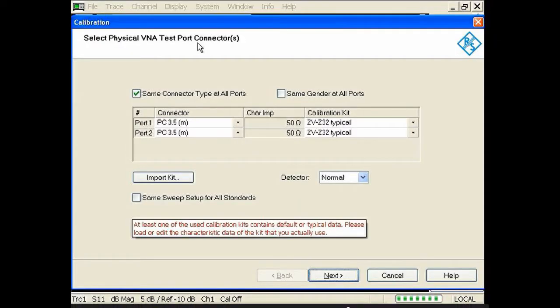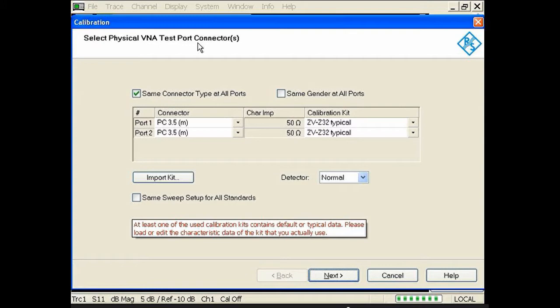Okay. Now here what we have seen on the screen is port 1 and port 2, and connectors selected are PC 3.5. That is SMA connectors of 3.5 millimeter size. Now we can also make a choice using our selection knob, and the characteristic impedance of all those devices we are using is 50 ohm.